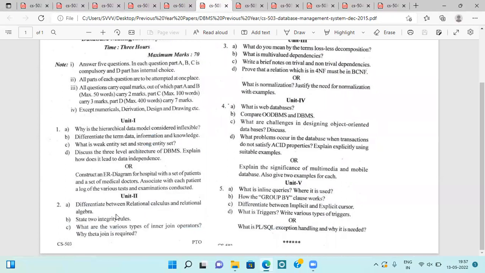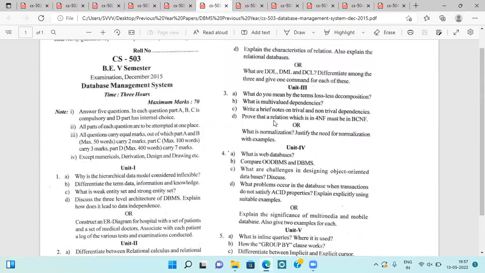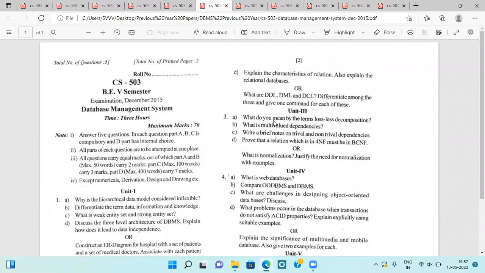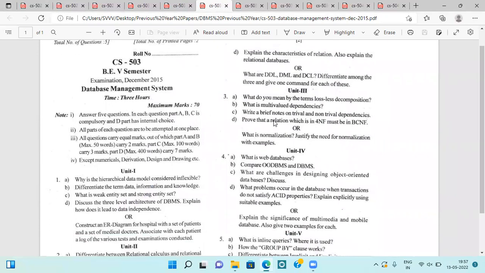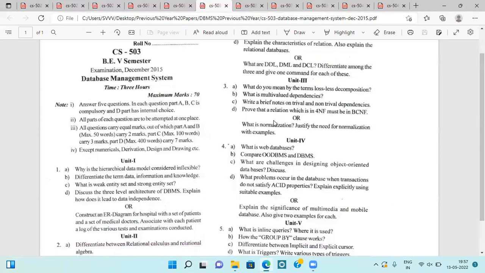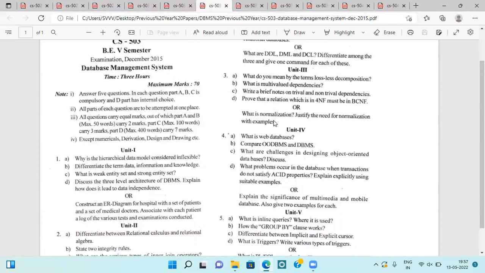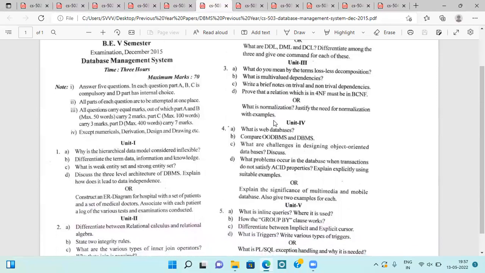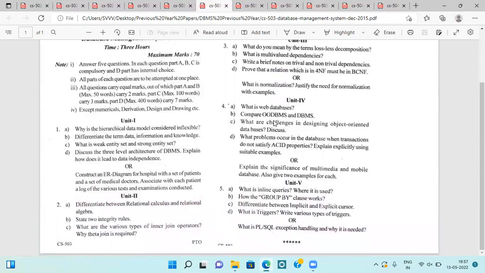calculus and relational algebra में क्या difference है, two integrity rules, inner join operators, then characteristics of relation and DDL, DML, DCL, lossless decomposition, multi-valued dependency, 4NF, BCNF, normalization, then web database, OODBMS and DBMS